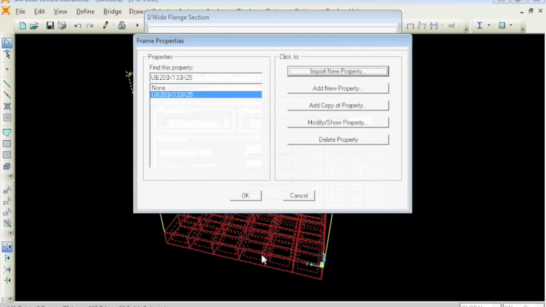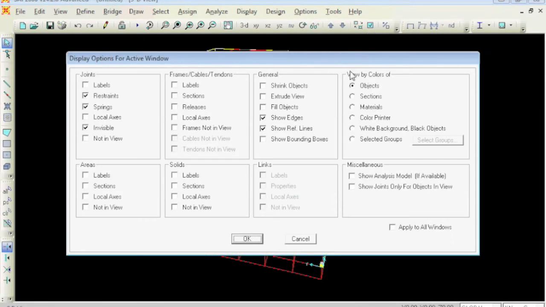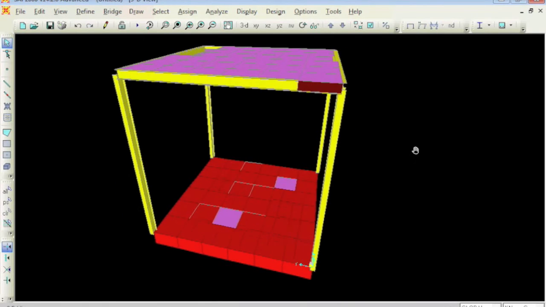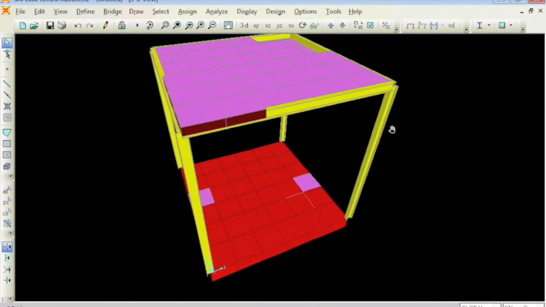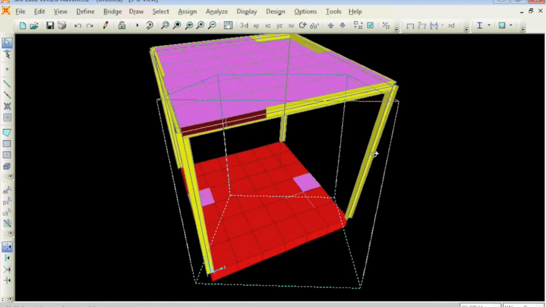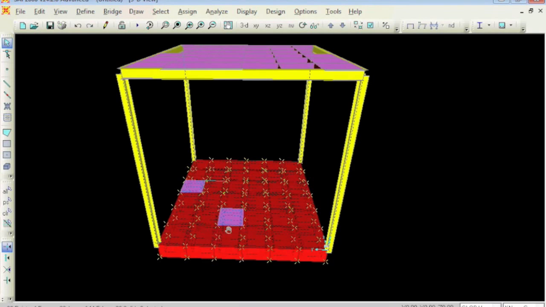Now let's have a 3D view of what we're actually doing here, and this is what my structure looks like at the moment. Now one thing that I haven't done is assign restraints between the foundation and the ground. Depending on the ground and soil conditions that you're going to be using, that's totally up to you, however for this simulation I am going to be using fully fixed connections to the ground. So to do that,